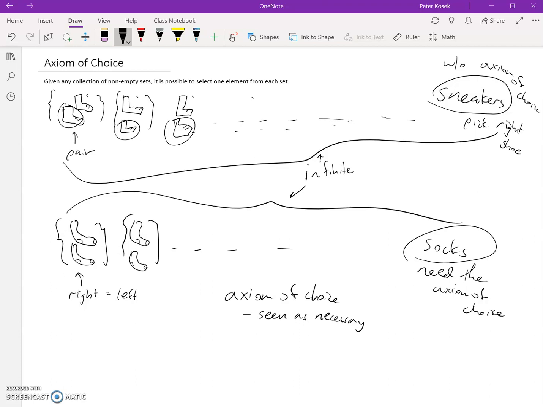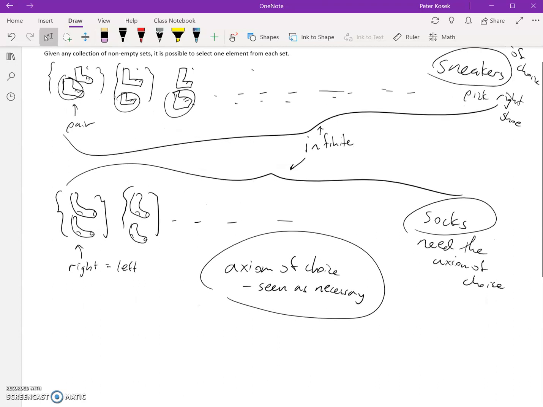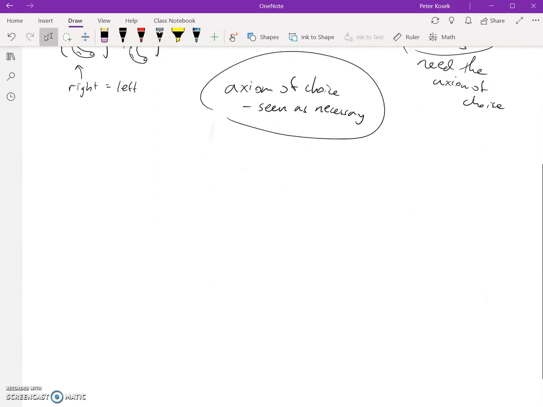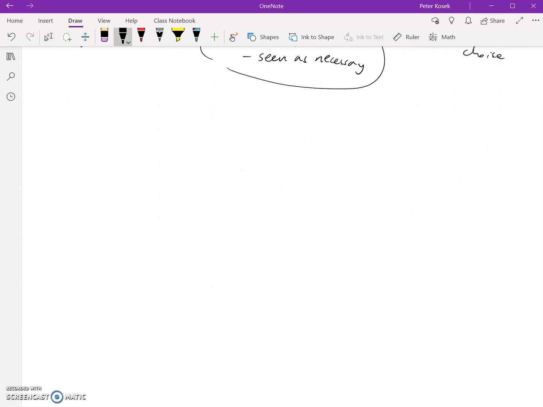Because if I can pick my shoes, I should be able to pick my socks, right? It just makes sense. This is one of the arguments where people are like, yes, obviously I should be able to pick my socks, so I want the axiom of choice to be true. However, one of the main reasons why mathematicians are very scared of or opposed to the axiom of choice is what's called the